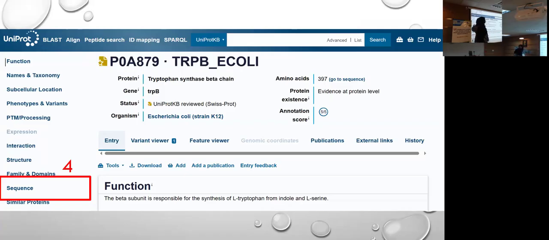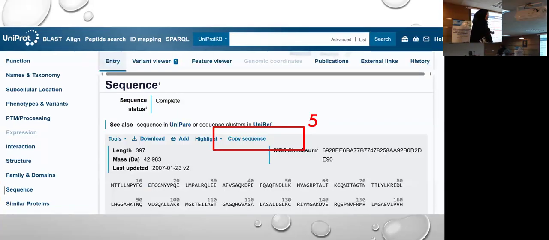From here, there are different slots. You can know the function name, taxonomy. In our modeling approach, we are directly going to click on the sequence section here. When you click on the sequence section, you will be taken down to a window like this. There you will see all the amino acids present in the protein with the numbers as well. Okay. How many of you are on this? Okay.